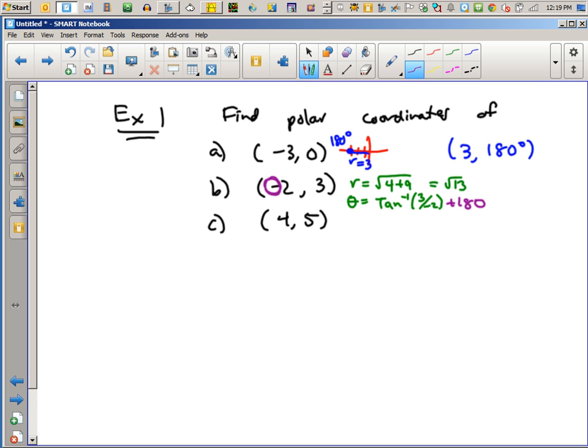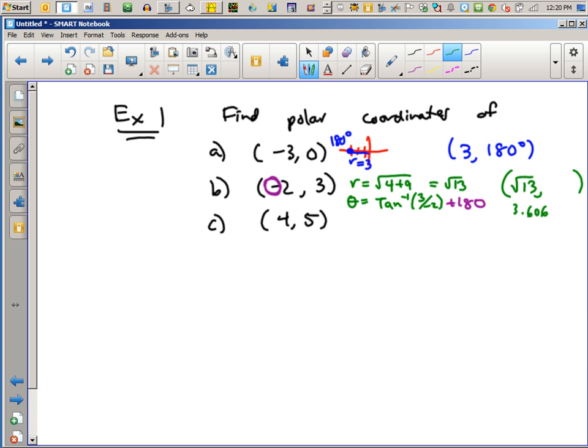Okay, and we'll go ahead and keep it in degrees. We'll switch to radians in about a day and a half, and we'll be sure to use radians as often as possible. Okay, so the correct distance from the origin is rad 13, or you can just use the decimal equivalent, which is 3.606, rounded to the nearest thousandth, and the angle is inverse tan of negative 1.5, that's 3 over negative 2, and